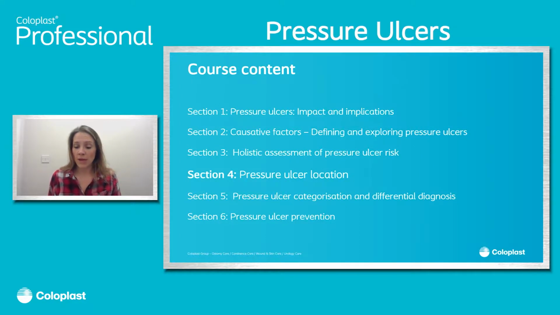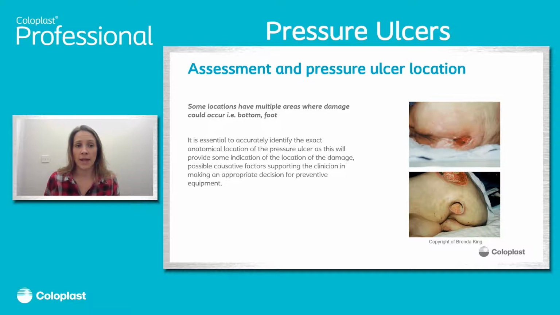So pressure ulcer location is what we're going to focus in on next, and this is really important. We may be saying in our notes, somebody has pressure damage on their bottom. There are multiple areas on the bottom that have bony prominences that we need to be able to identify the difference. If we can identify the exact anatomical location of a pressure ulcer, then we have more chance of establishing why it's happened in the first place, what the cause was, and how we can then prevent, treat, and manage